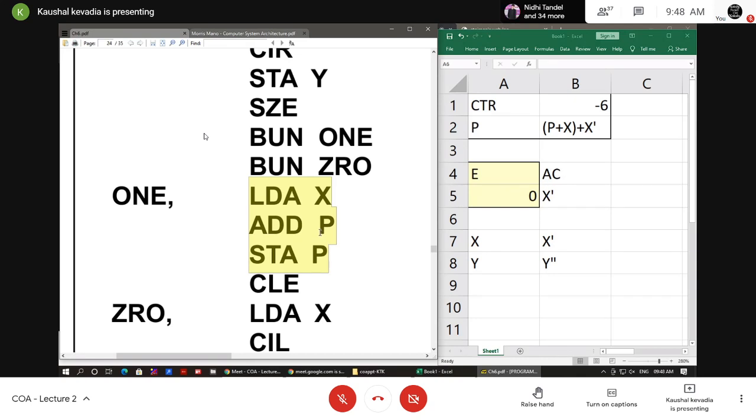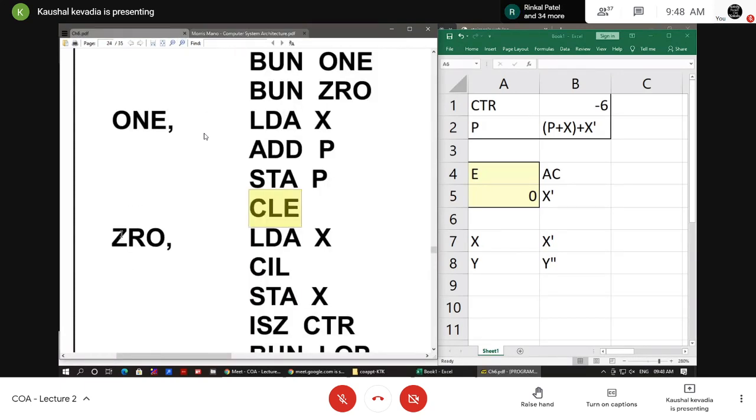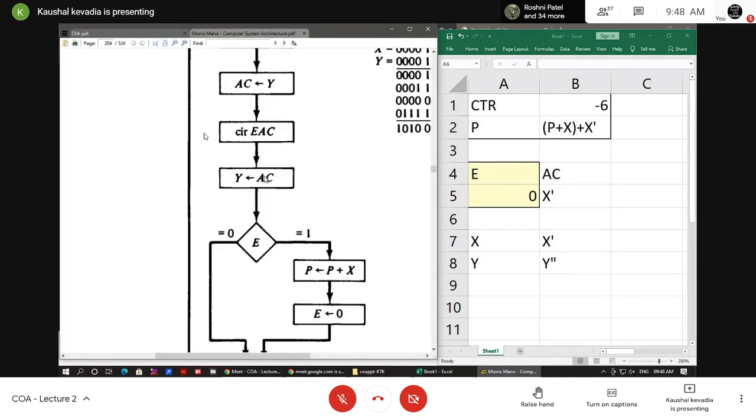Okay, so P plus accumulator, the answer I want to store into the accumulator. Finally I require that partial product P into the P only. So again I want to move that variable from the accumulator to the P. Okay, and then after clear E register, as it is mentioning in the flow chart, there is E is set to the 0. Okay, then again if this is completed, then after if you see the flow chart